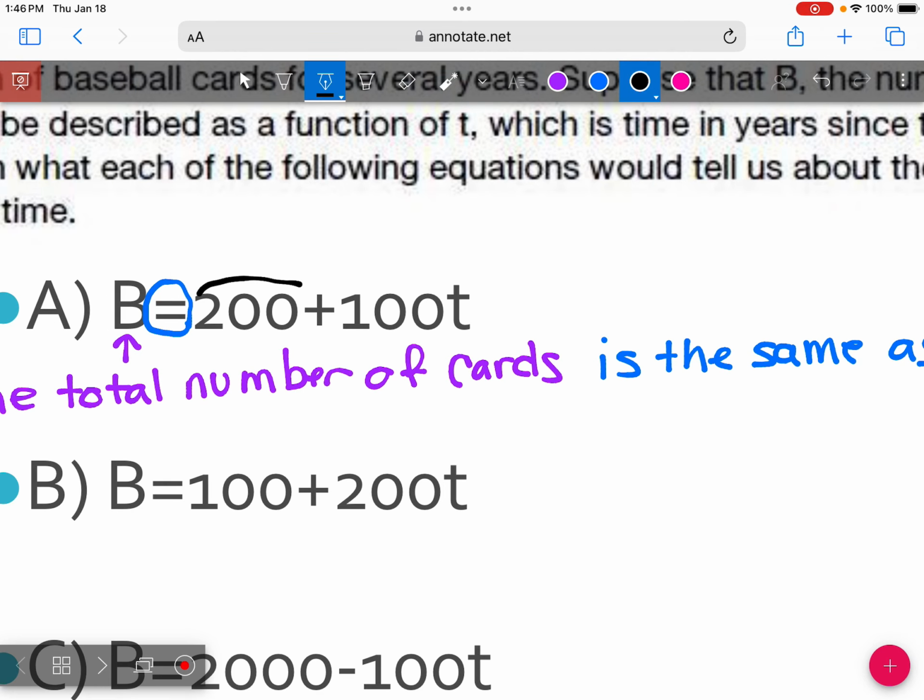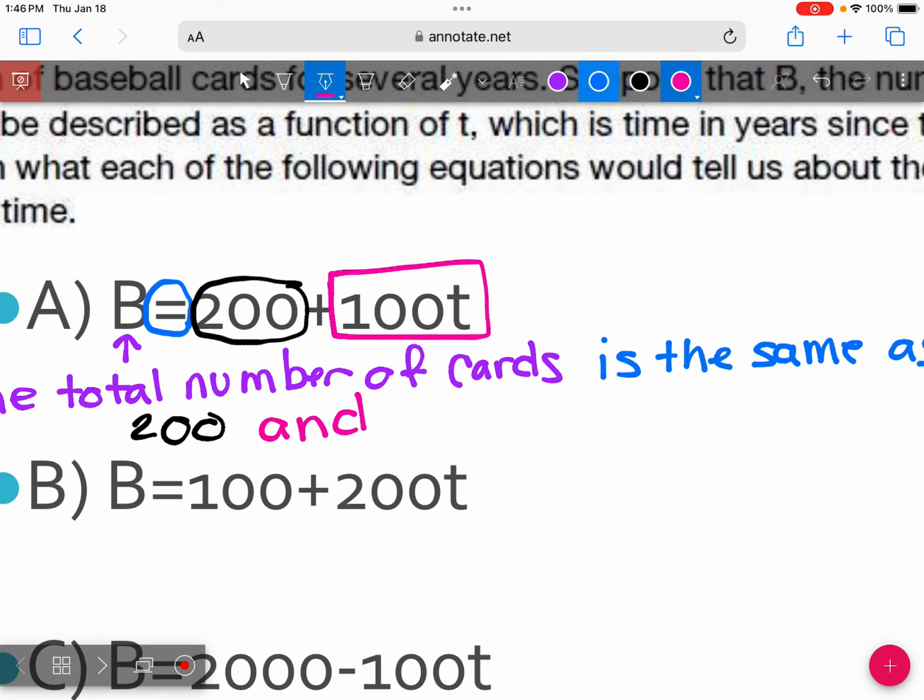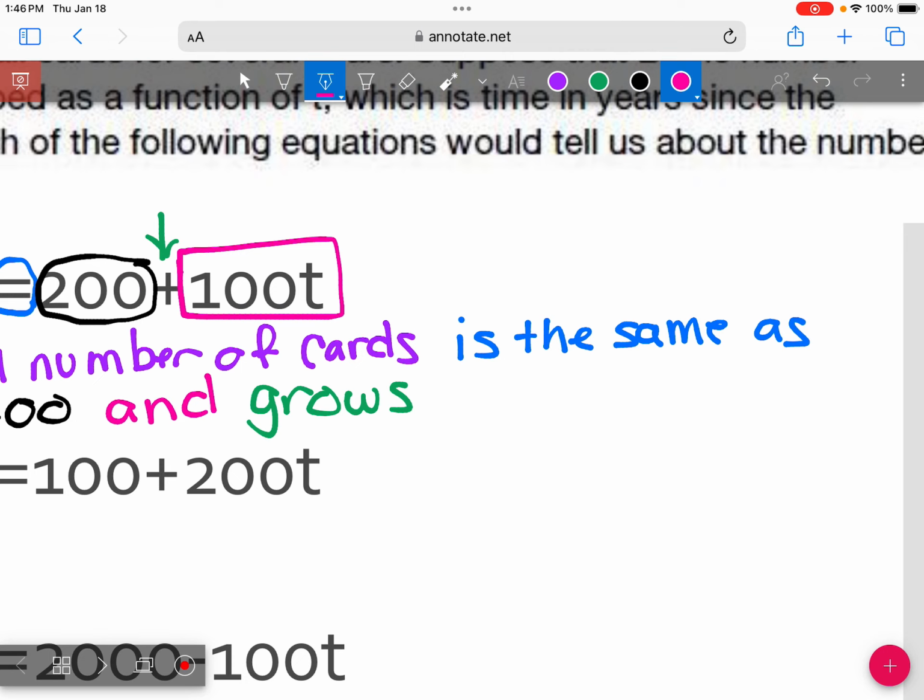And then 200. I might write 200. There's not a different word I could do for 200. What can I say about this? Boom. And I'm going to put the plus as grows. So it's increasing. There we go. Grows by 100